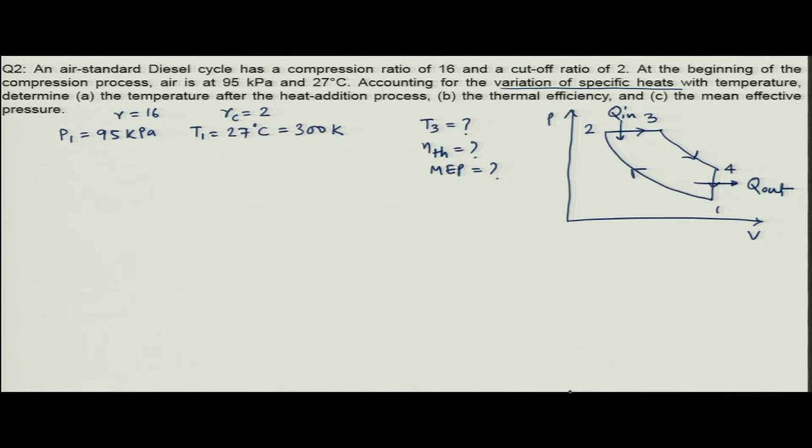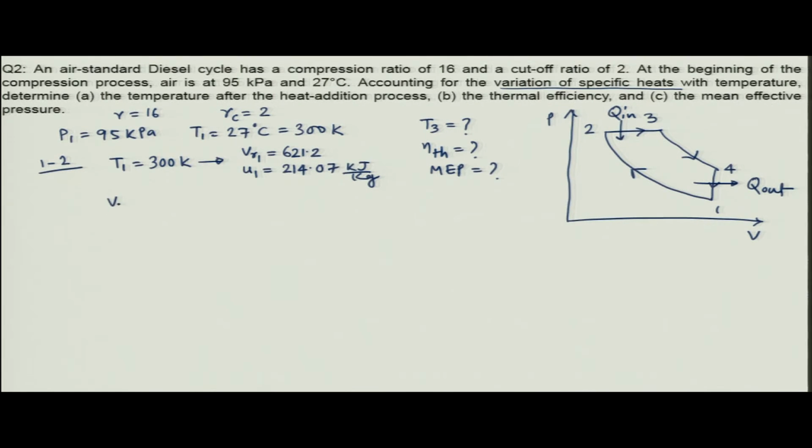So, we will again start with process 1 to 2, which is an isentropic compression process. Now, T1 is given, which is 300 Kelvin. Just like in the previous class, we can find the relative volume from the table, and the relative volume is 621.2. From the table you can also find the internal energy corresponding to the first state. So, the internal energy is 214.07 kilojoule per kg. Okay. So, now you know VR1, so we can find VR2.